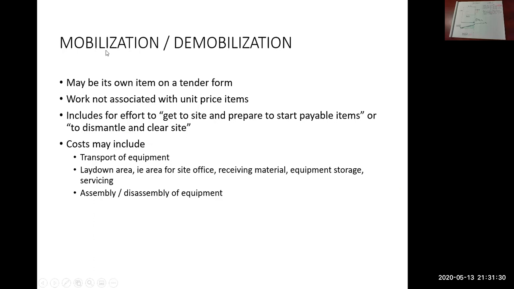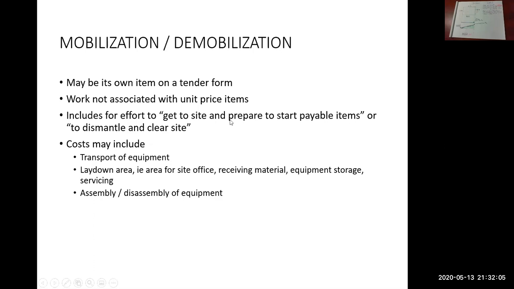If there is no MOB tender item, then, as well as all the previous general conditions, you would lump all these together and they would be called your indirects. So they don't go into a specific bid item. So work not associated with unit price items, I've mentioned that in the past. So it's bringing your equipment to the site in order to start building the